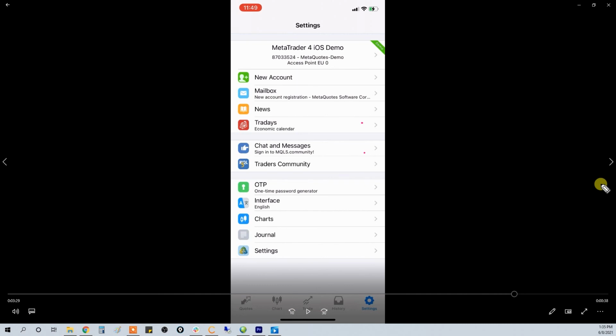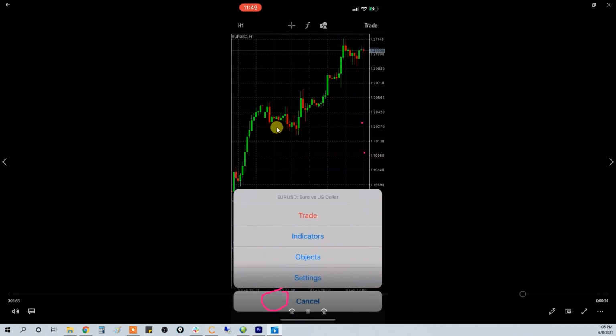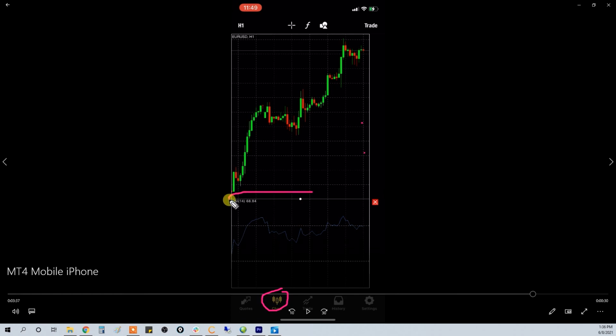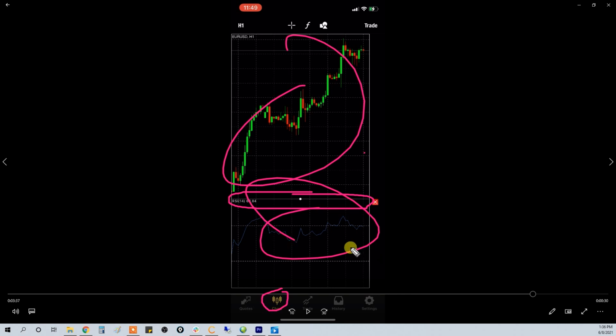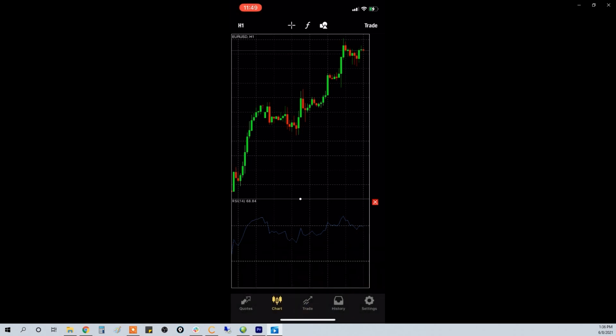And if I go to charts, then it'll take me back to my charts where I can see that those changes have occurred. I have now green candles and red candles. And the green candles represent when the market moved up, red when they move down, I can see the live price. Now, if I click right here where this line is separating my charts from this RSI indicator, a little X will come up. If I click that X, then that'll get rid of this indicator right there and declutter my view